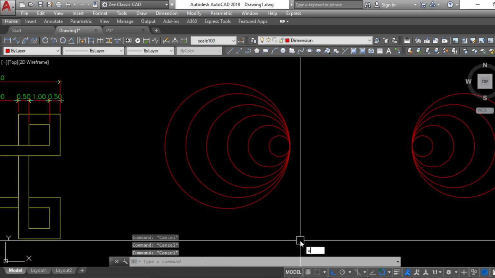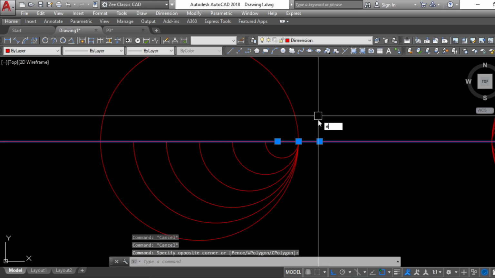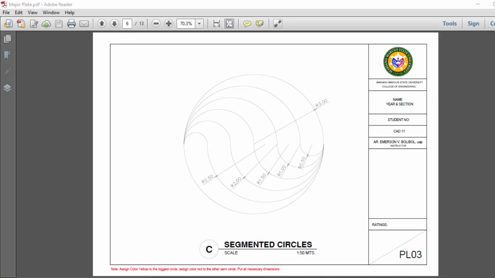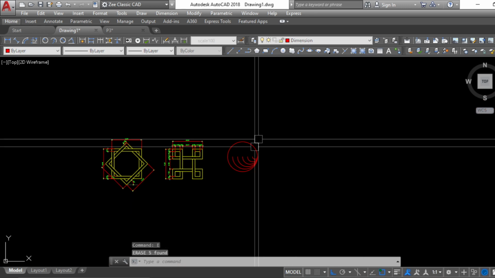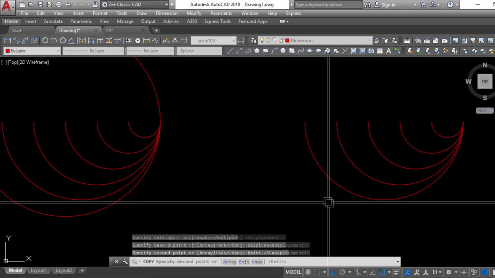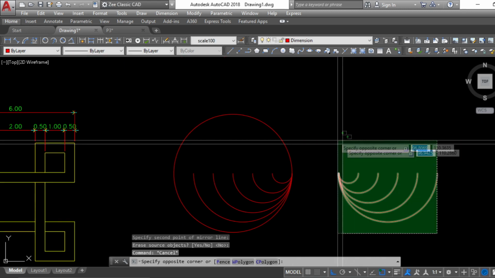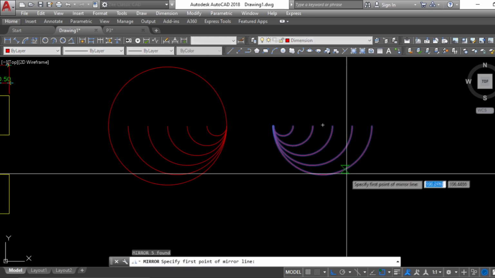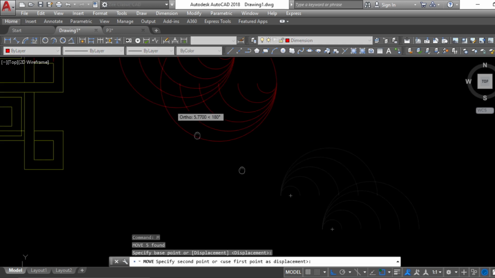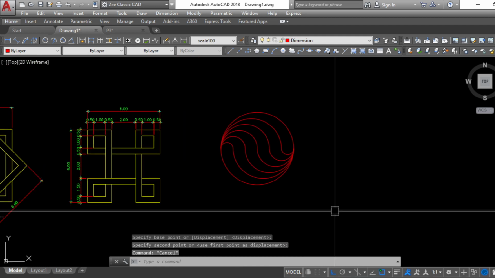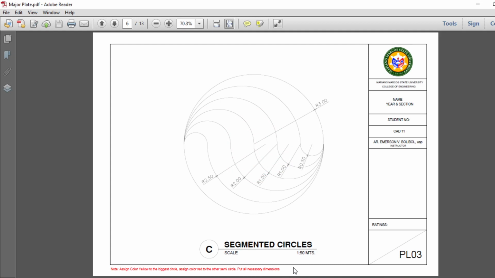If we're done with this one, let's put a construction line at the middle and then trim. Copy. Let's copy this one. There. Move it here. That's your segmented circles. So assign yellow color to the biggest circle, assign color red to the other semicircles, put